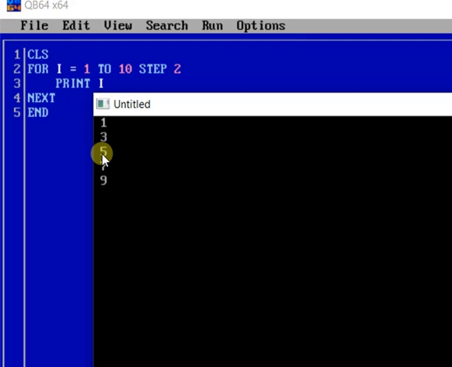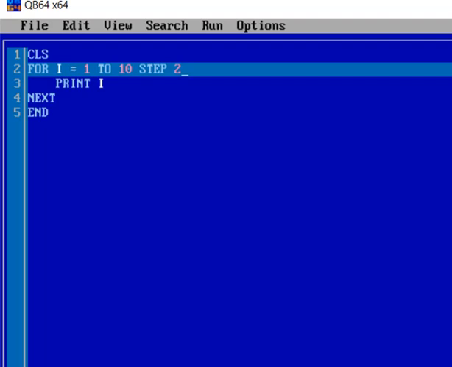Again in the next repetition 3 plus 2 becomes 5. So in each repetition the loop variable is incremented by plus 2. So this program can be used to create odd numbers from 1 to 10.